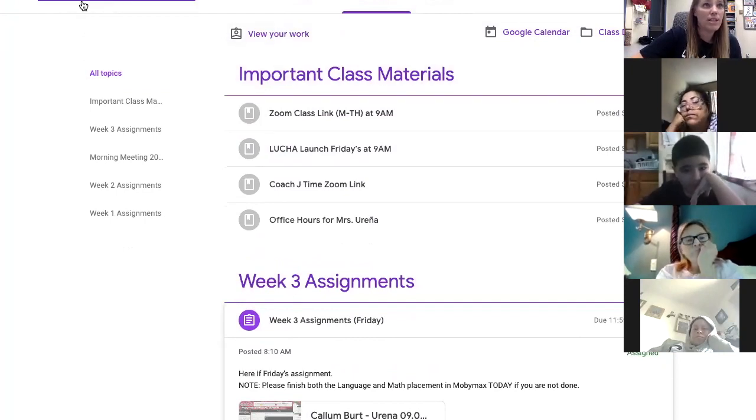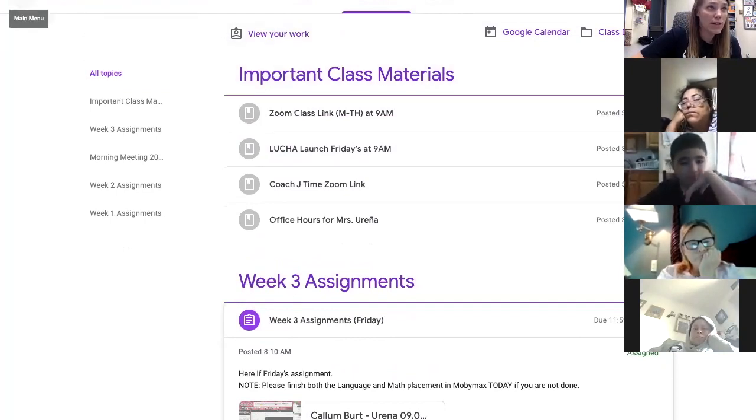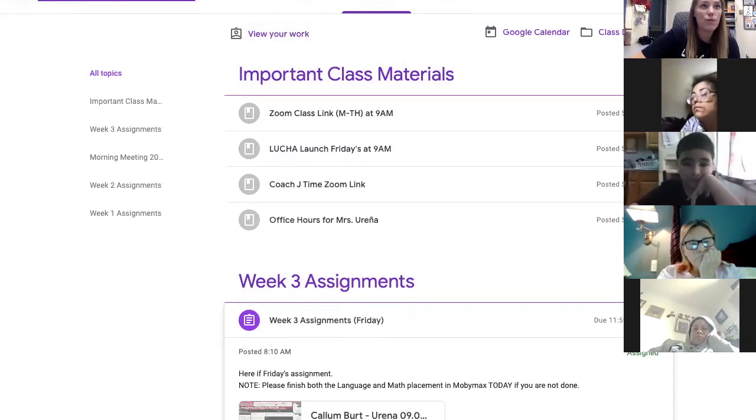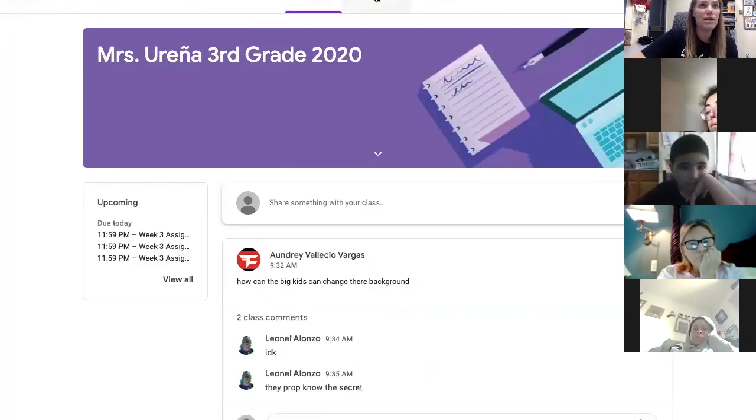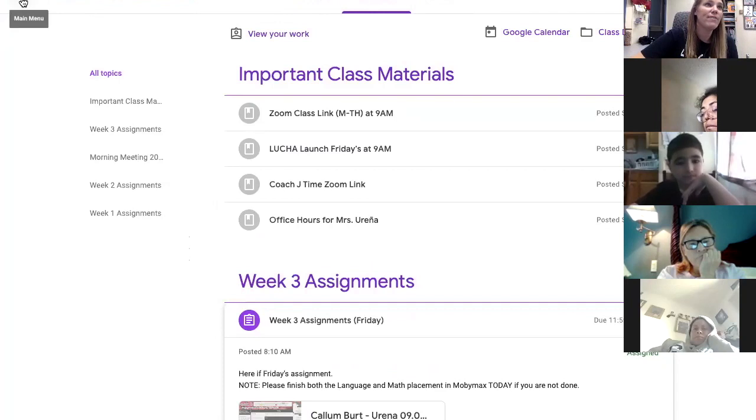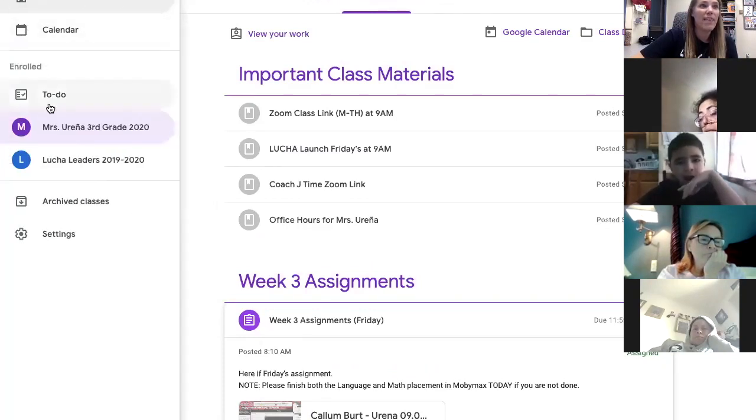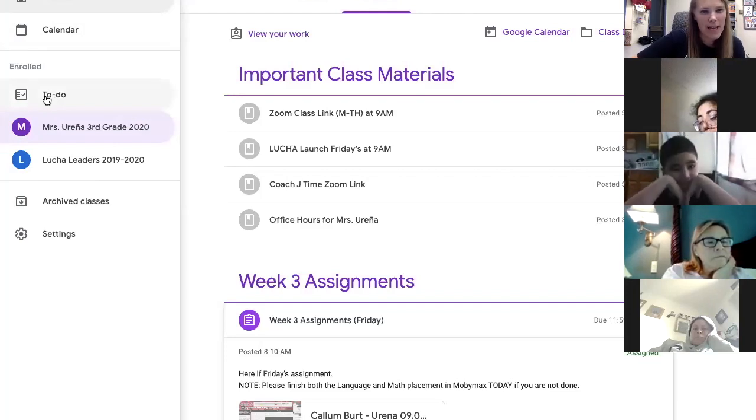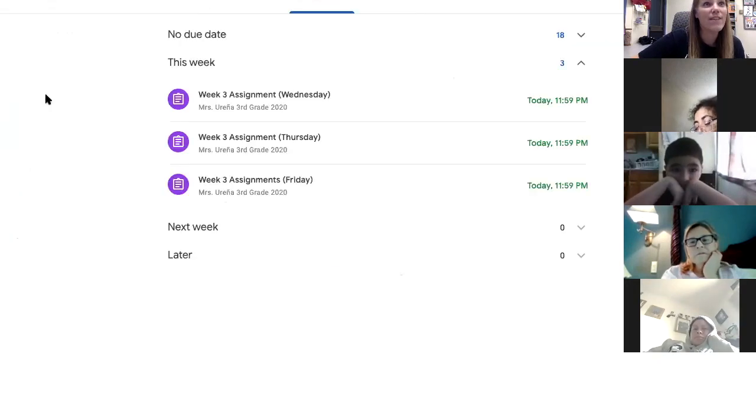Okay, so then I want to show you the feature over here on the main menu. From any of these tabs, if I'm in stream or if I'm in classwork, I have these three drop-down menus here. I can choose this, and then I get a to-do list. I love check mark boxes and lists and all the rest. Well, this is where students can see what they have left to do.